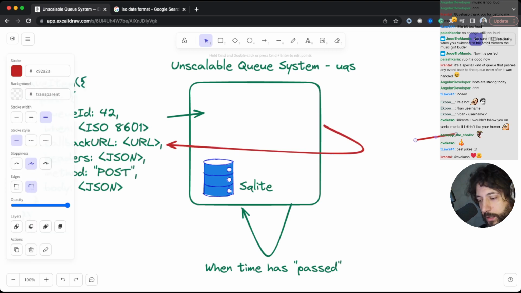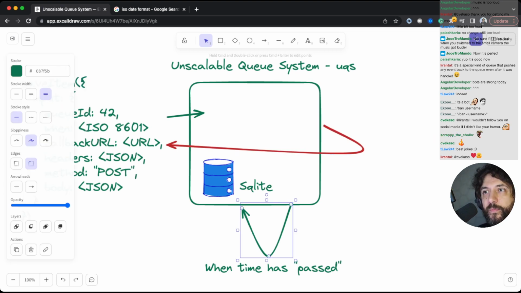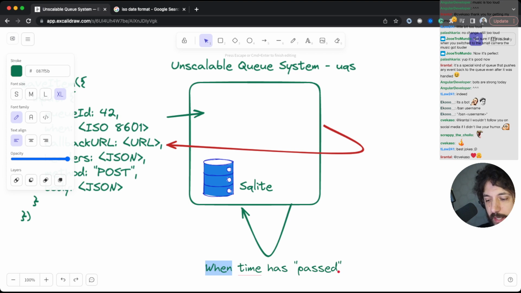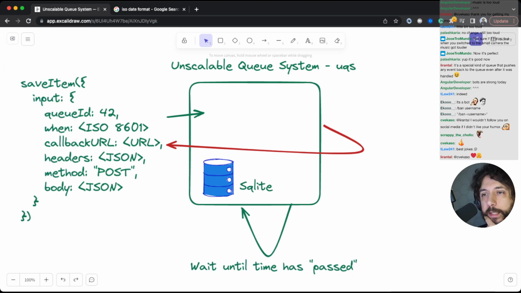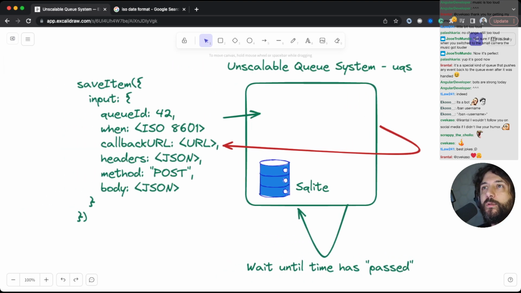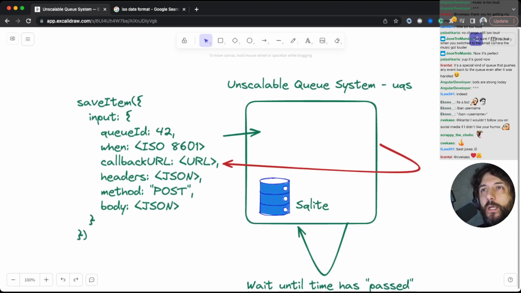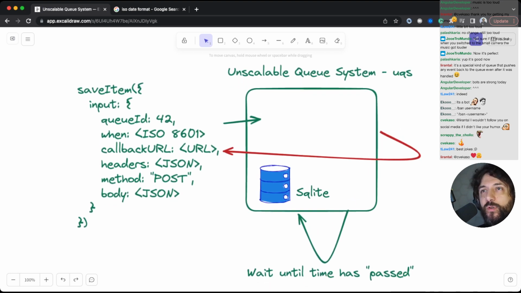Okay, so this is clear. Wait until time has passed. Okay. I think this is correct and what we want to implement and track. And then we'll probably want to have some more things about the status and all sort of stuff like that.